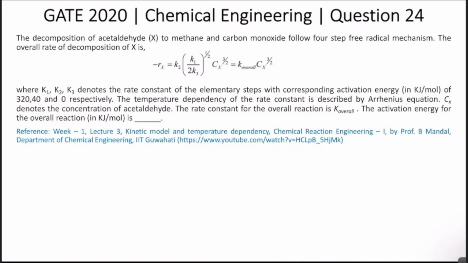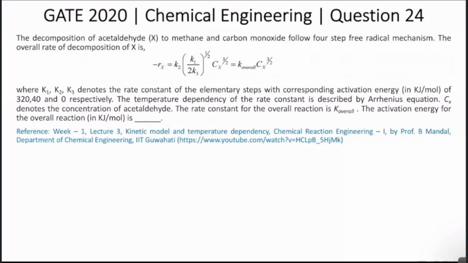Today, we'll be looking into a chemical engineering question from GATE 2020, question number 24. The decomposition of acetaldehyde X to methane and carbon monoxide follows a four-step free radical mechanism. The overall rate of decomposition of X is minus Rx equal to K2 into (K1 by 2 K3) the whole raised to 1 by 2, Cx raised to 3 by 2, which is equal to K overall into Cx raised to 3 by 2,